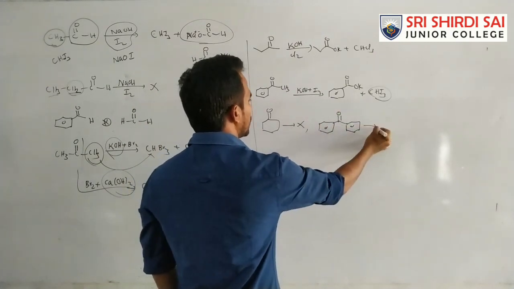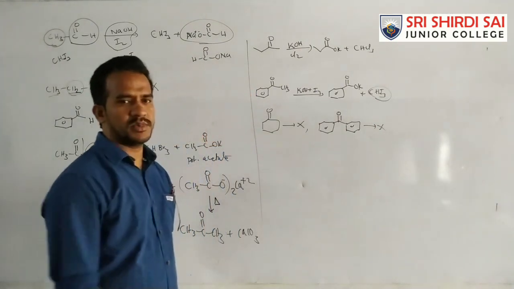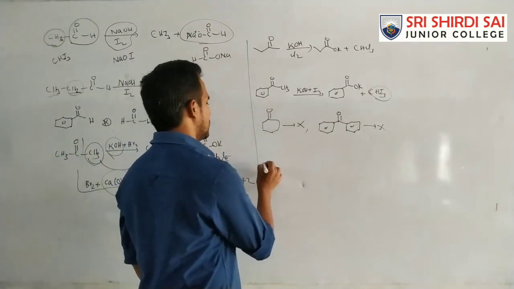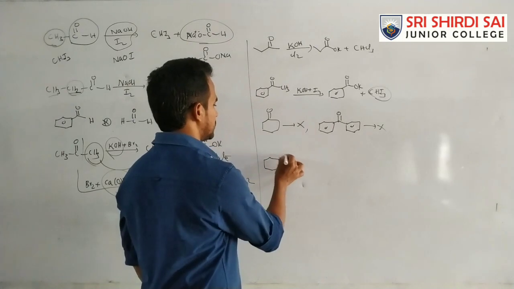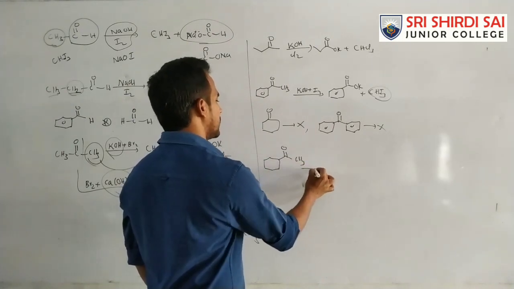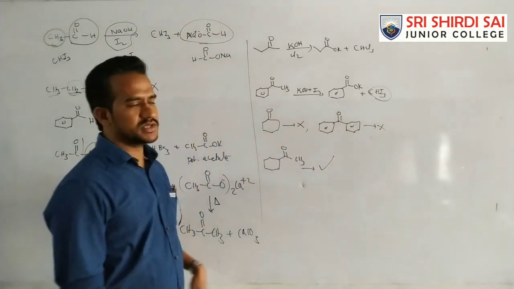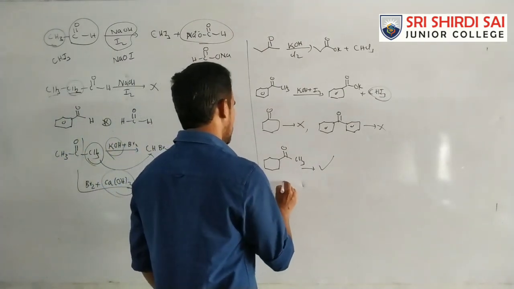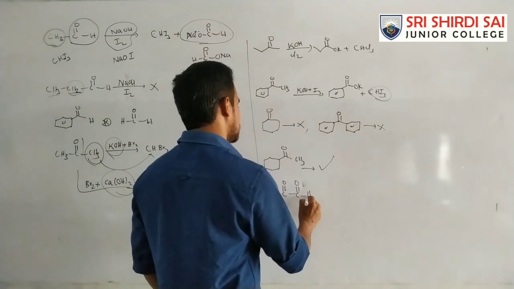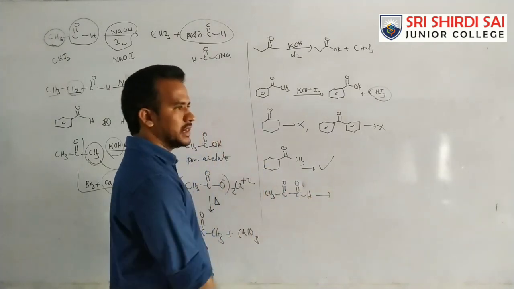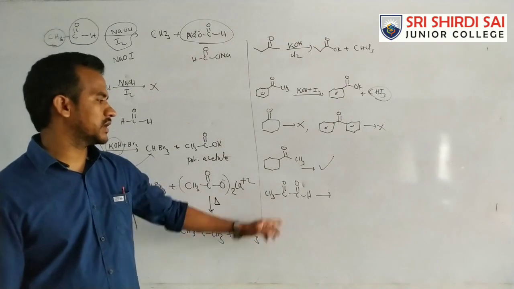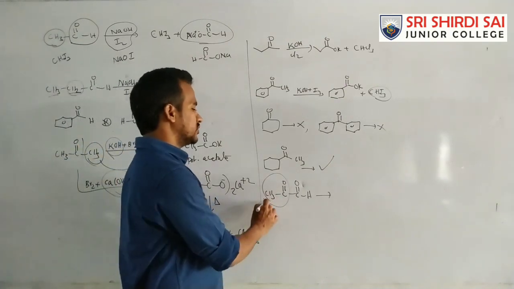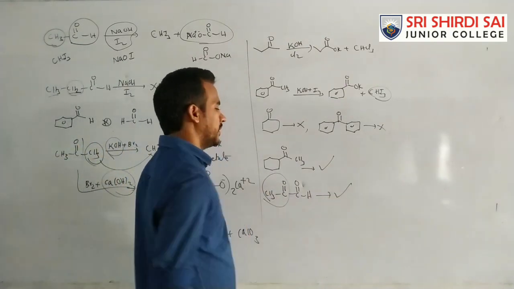Benzophenone gives no reaction because there is no presence of the methyl group. Suppose this one: it can give the iodoform because there is the presence of CH3. Now CH3-C=O-H: there is a ketone group and an aldehyde group, but there is a methyl ketone group, so it can give the iodoform.